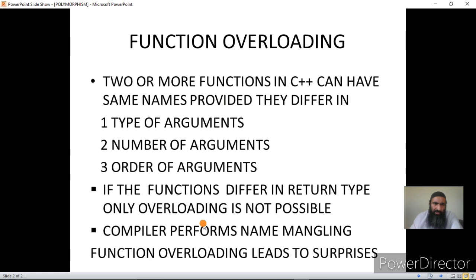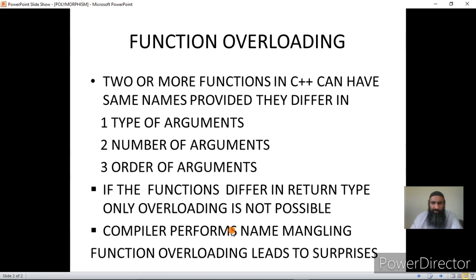That is, it generates a unique name for each function, even though the user gets the perception that he is using a function with the same name. The user does not even know that two or three functions exist that are performing his task. He simply has to remember the name of the one function.